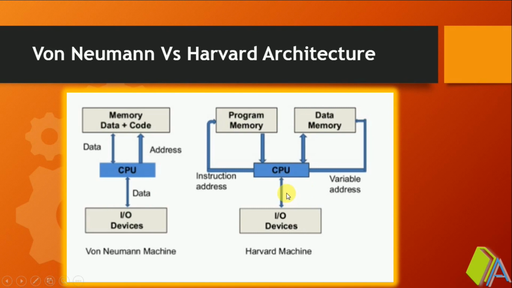In comparison, in the Harvard architecture the main memory is divided into two different parts: one for storing the program, and the second for storing the data. You have two different buses for accessing the program as well as data. So parallelly you can access the instruction as well as data for processing. Parallel processing is implemented here, so your hardware machine will be faster than the von Neumann architecture. But in recent computers, we see that all the architectures are modified Harvard architecture.